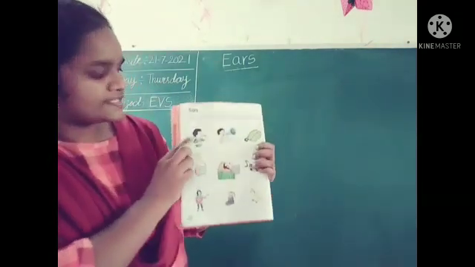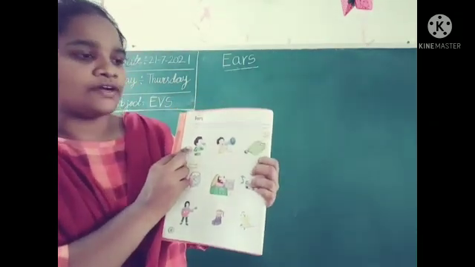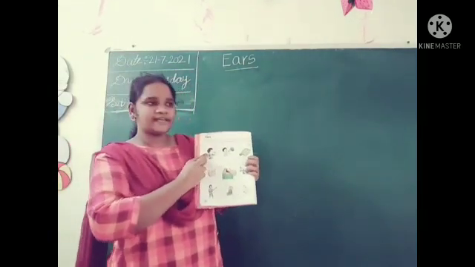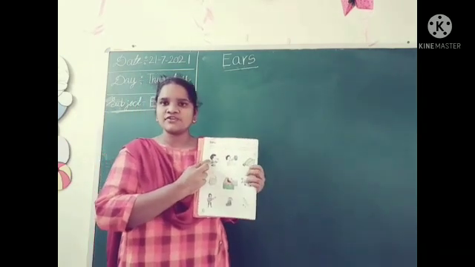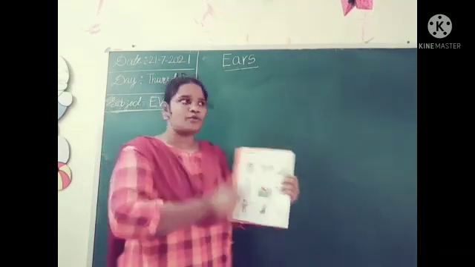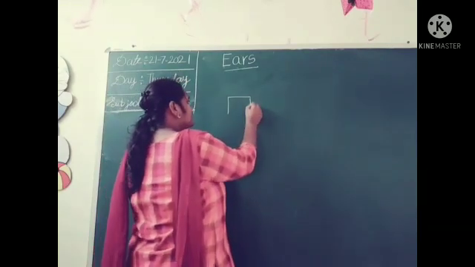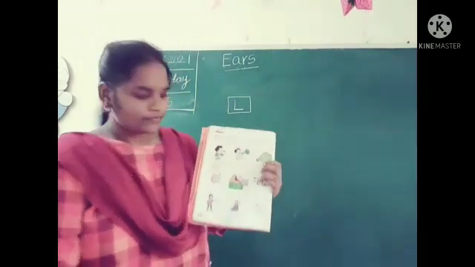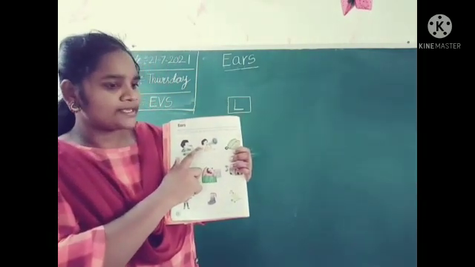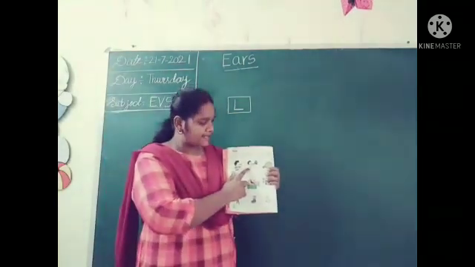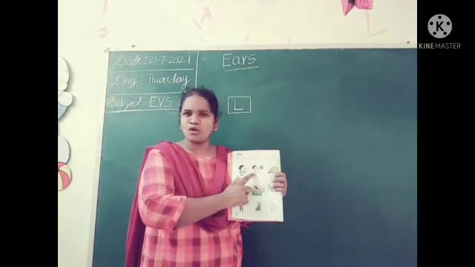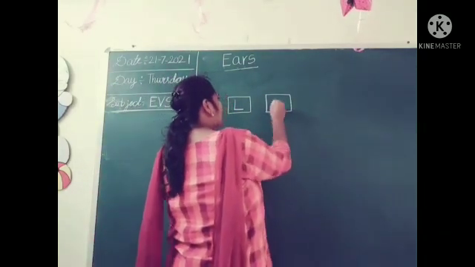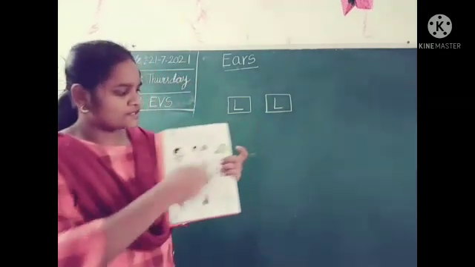Okay, see here whistle. See here whistle sound. Is it a soft sound children? No, it is a loud sound. Now we have to write for whistle sound, we have to write L. It is a loud sound. Okay, and see this boy is shouting in the mic. Is this soft sound children? No, it is also very noisy. That's why we put L again. L for loud sound.